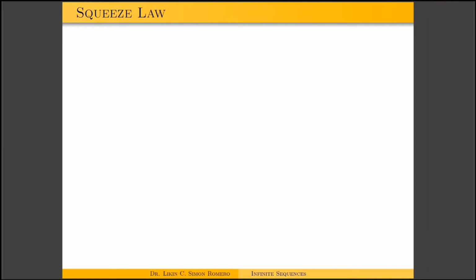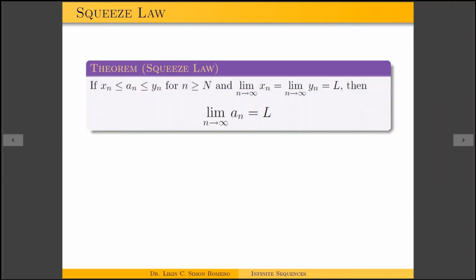All right, so we have the squeeze law that I want to talk about. What this says is we need to have 3 different sequences here. We have x_n, a_n, and y_n. These are 3 sequences, and we know what happens to the limit as n goes to infinity of x_n and y_n, so the smallest one and the largest one. And so if our a_n, the sequence that we don't know what happens to, is in between x_n and y_n for all terms n,